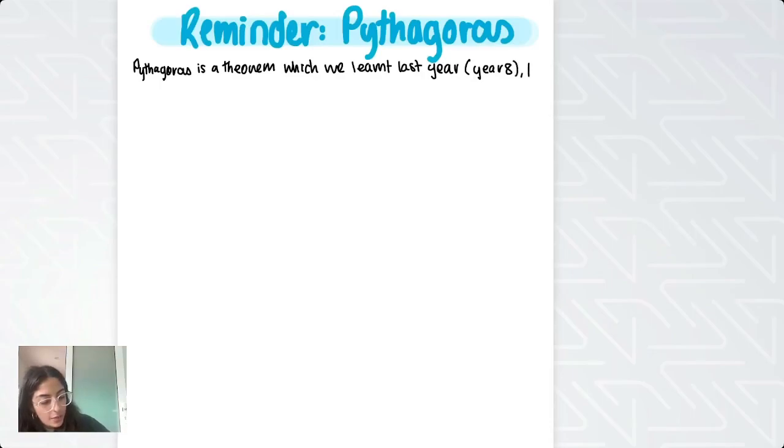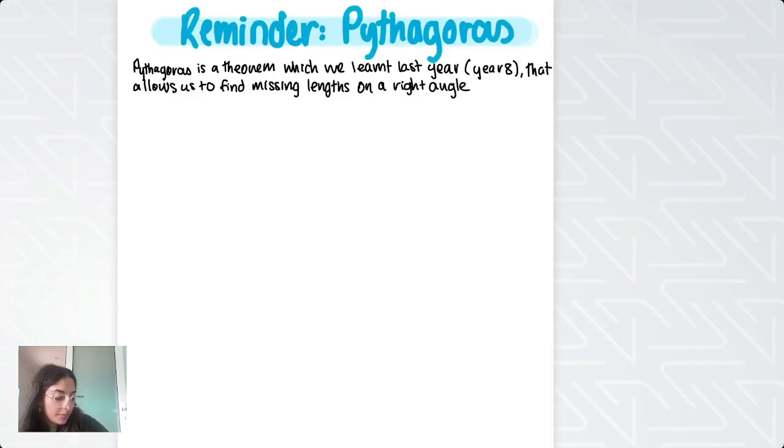That allows us to find missing lengths on a right-angled triangle. With Pythagoras,